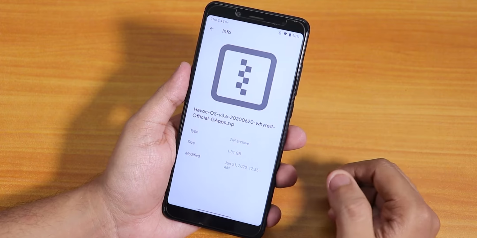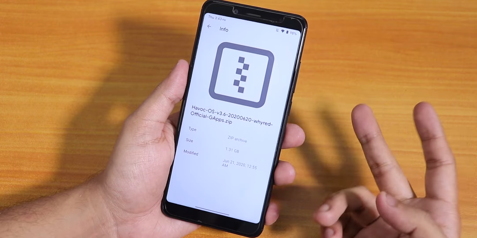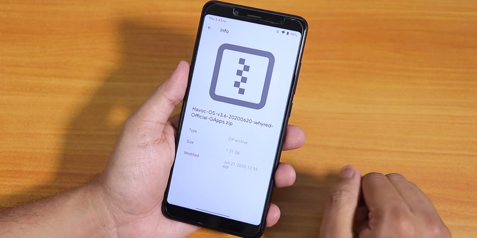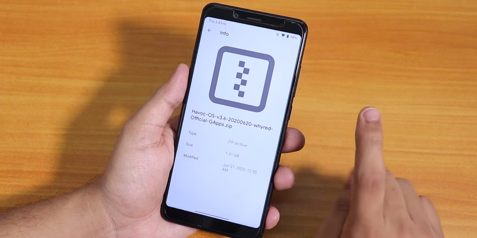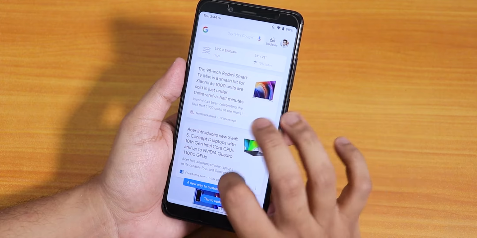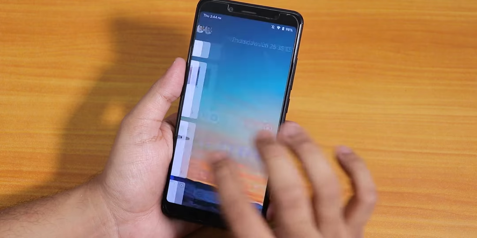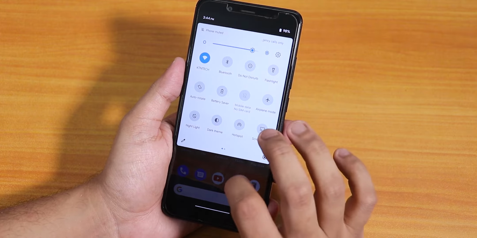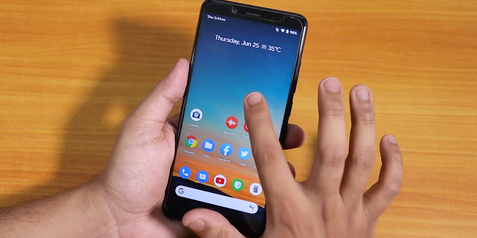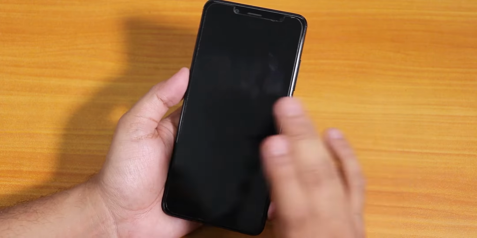If you're coming from a different custom ROM, you need to wipe cache, Dalvik, system and data. These four things. You do not need to wipe vendor or anything. And if you're coming from MIUI, you need to format the data once. That's it. To the left of the home screen, we do have Google's Discover page, and swiping down gets you to the notification panel or the quick settings panel. Swiping up gets you to the app drawer, and double tapping anywhere makes the display sleep.